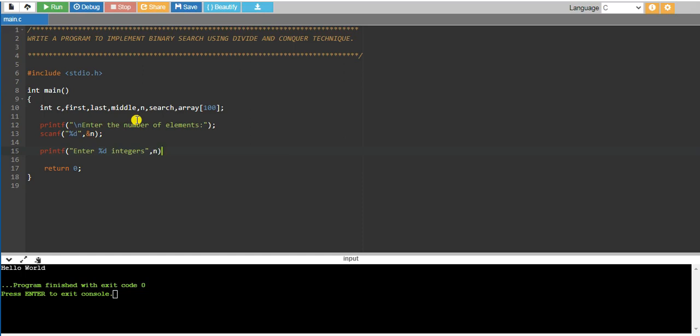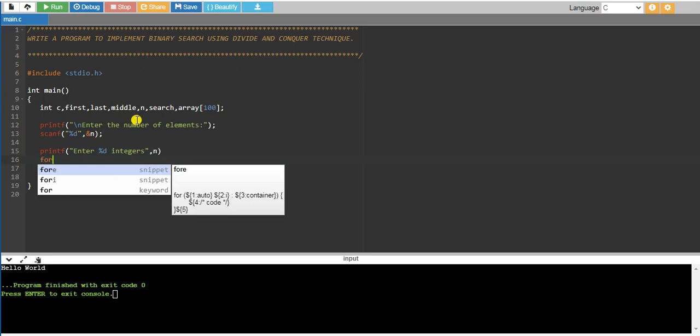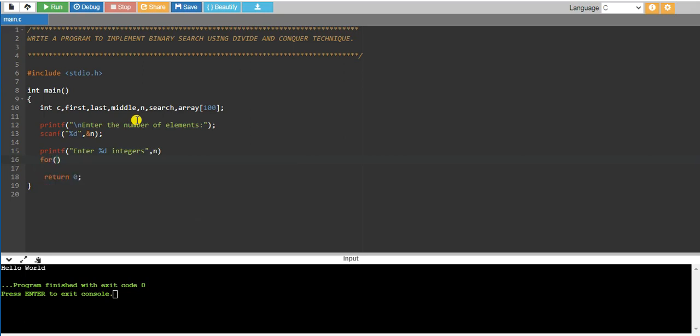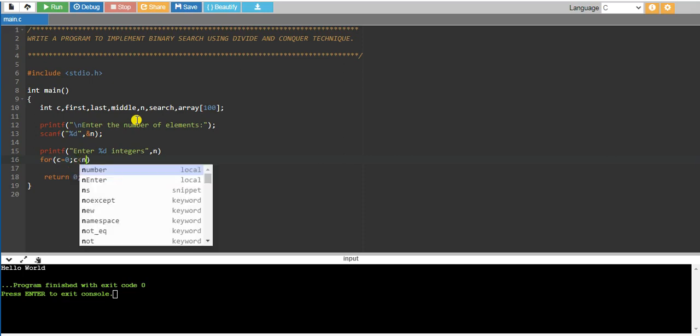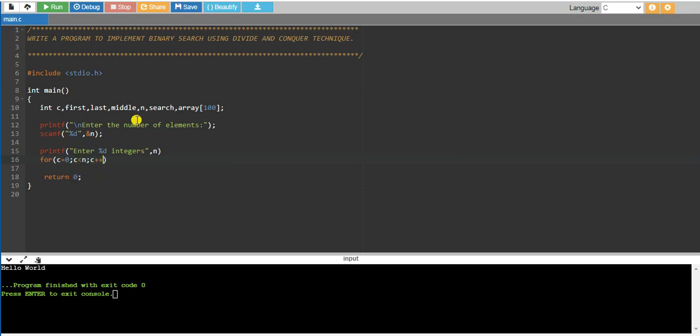How to read that? With the help of a for loop. I have to read all the integers, initially c = 0, then c less than n, then c plus plus. This is my for loop.